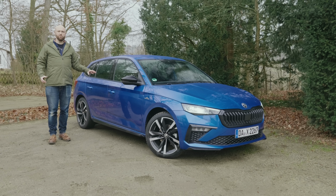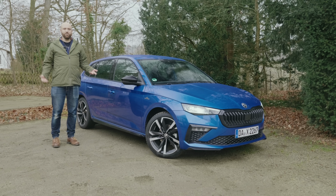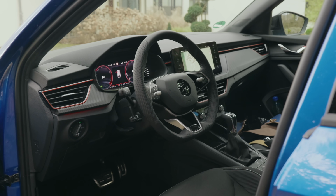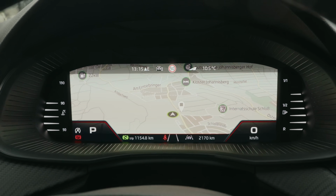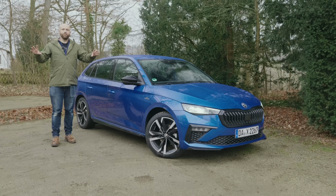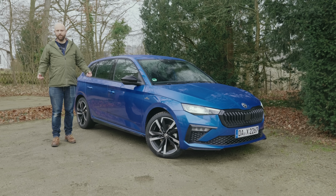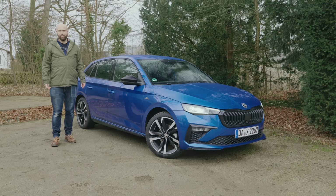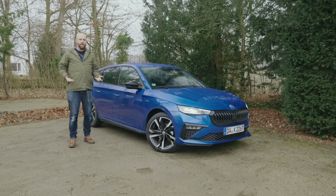But actually, as personal transport, it looks sharper than ever, it looks more desirable than ever, and you can just own it and have all the tech you need. And it's got all that kind of good digital dashboard stuff going on. It feels way more modern inside than it used to, and in the lower spec ones it's quite nice having cloth on the dashboard for once rather than more plastic and feeling like you're, I don't know, in an oil spill in the 1980s. But yes, it's not an exciting car to drive, it's not going to really thrill you,